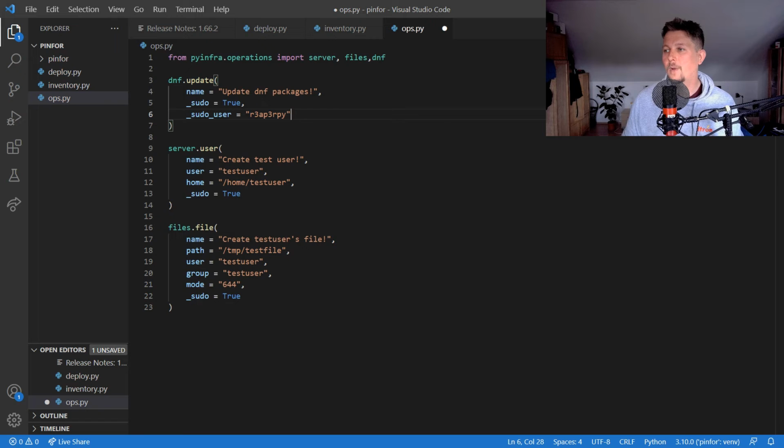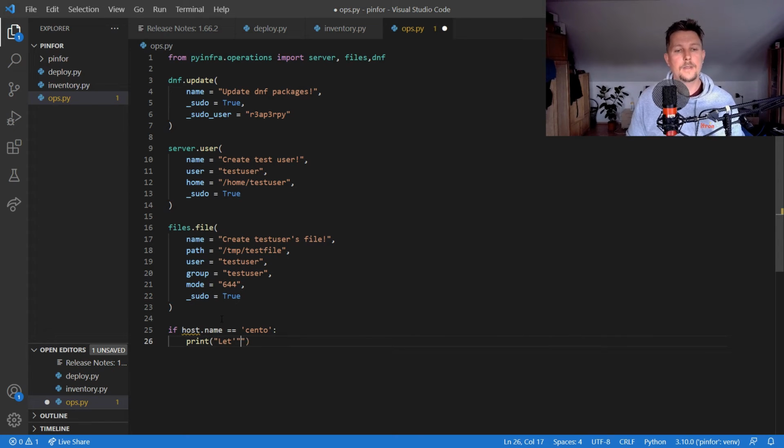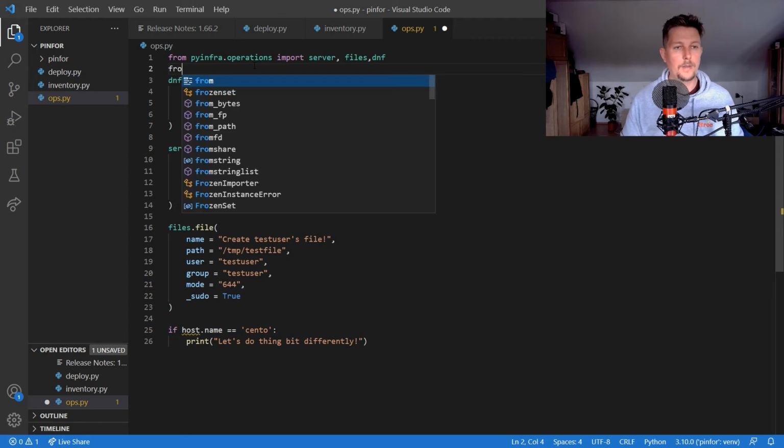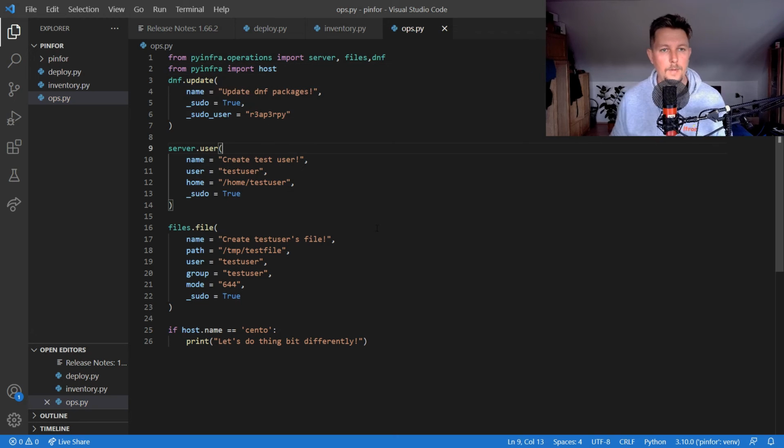And what we could do is to specify specific actions based on host properties. So for example, if host name is equal to CentOS, then let's do things a bit differently. And for this to work, we need to import the host class, and